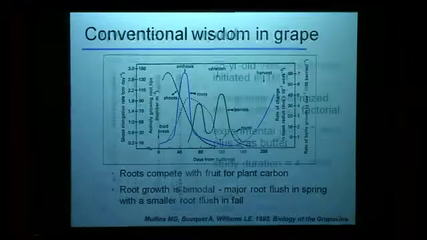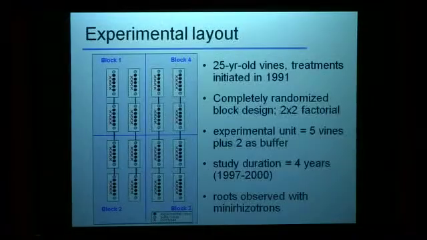So here we were in New York, where it's not a Mediterranean climate. You actually get a lot of rain often in the summer, in most years, although we had 2 dry years. We initiated this experiment, which was essentially a block design. It was a 2x2 factorial with 2 levels of pruning and 2 levels of irrigation. Our experimental unit was a set of 5 vines with a buffer vine on either side,